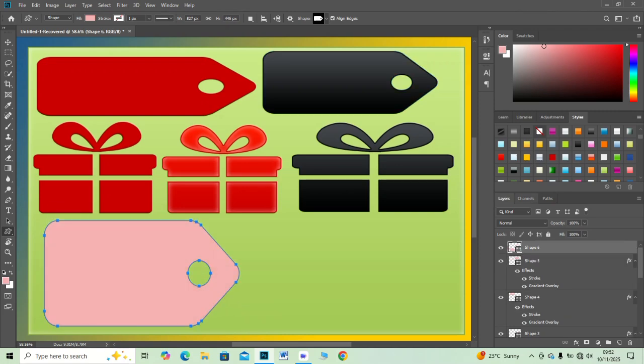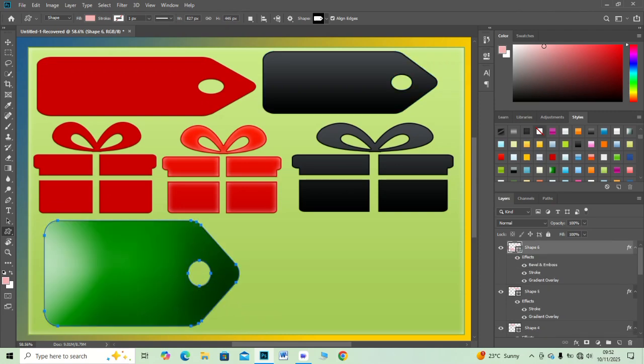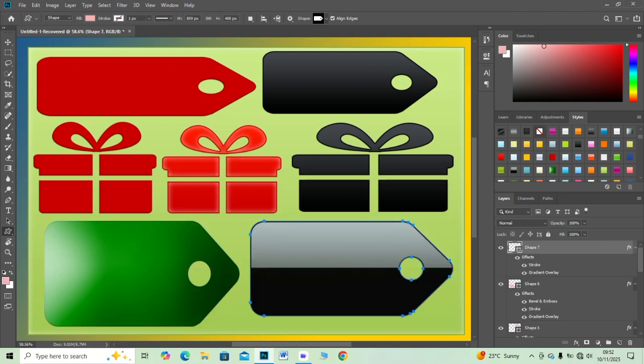You will notice how it looks polished and professional. Add a tiny inner shadow for realism. Now duplicate the layer and